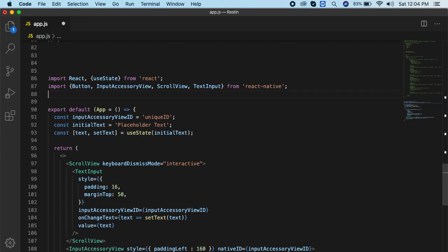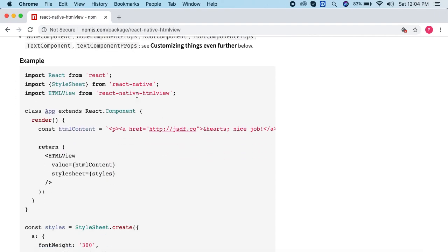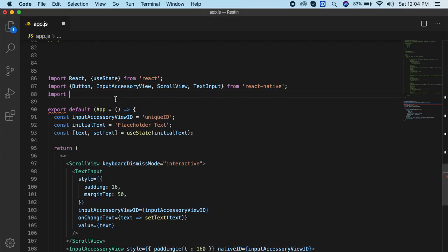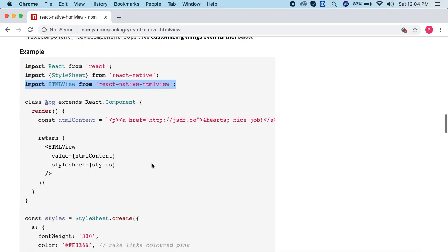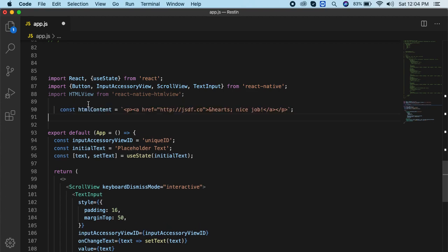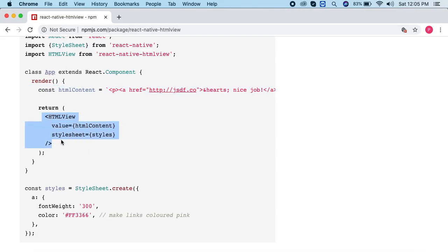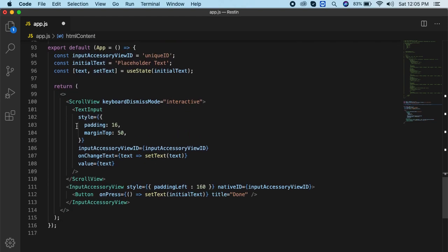We are going to import the library. You can see from here, just copy this and paste it. Suppose you have this paragraph and anchor tag, this line is HTML content. I'm just going to copy this HTML content, and you can use it like this.